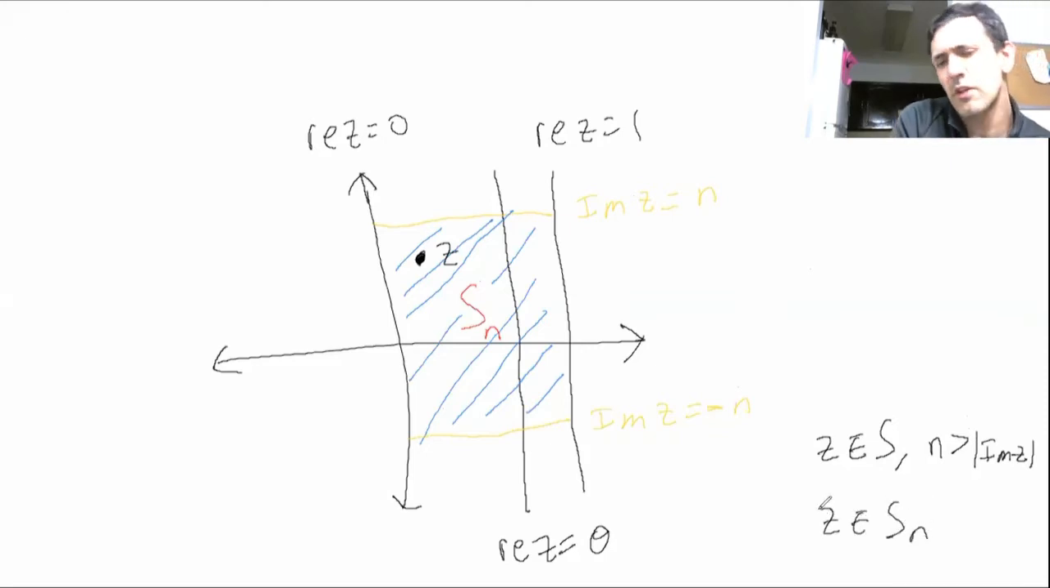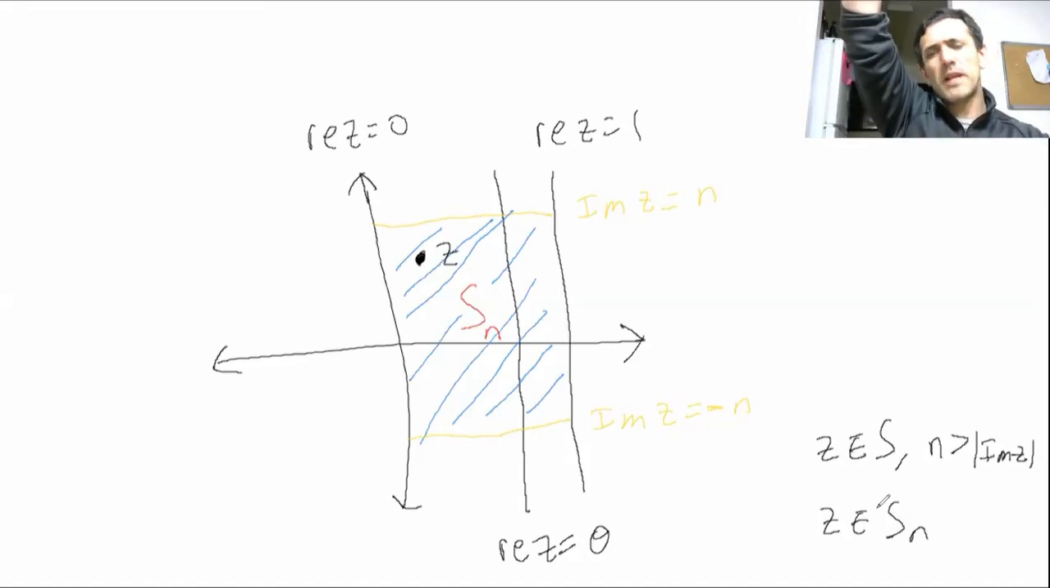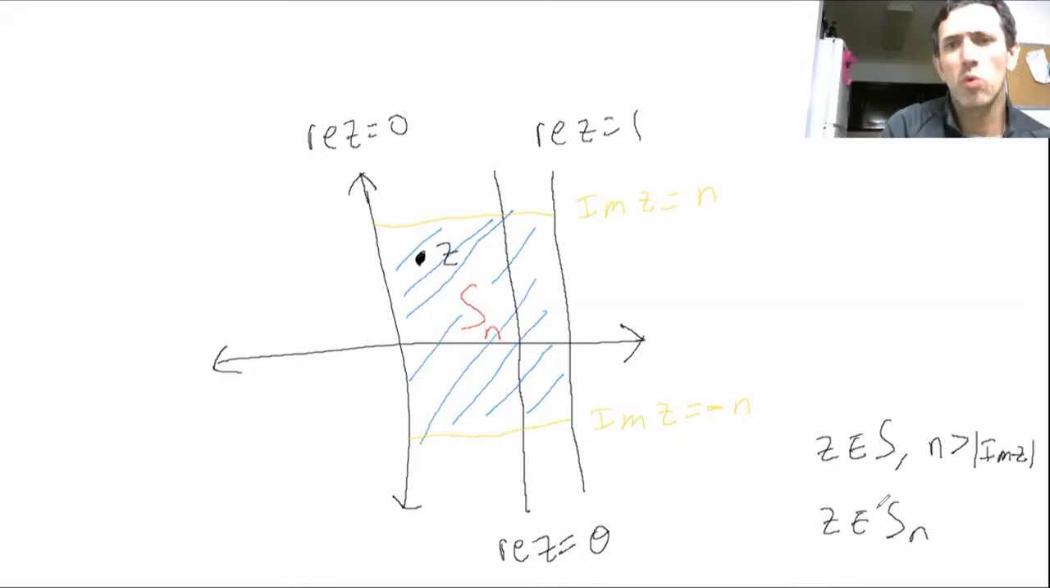So in other words, for fixed z in the strip, and for n large enough, z is also in Sn. I mean, these two yellow lines just go up and down, and we capture more and more of the strip, so that the union of these Sns is the whole strip. Okay, so now let's get back to